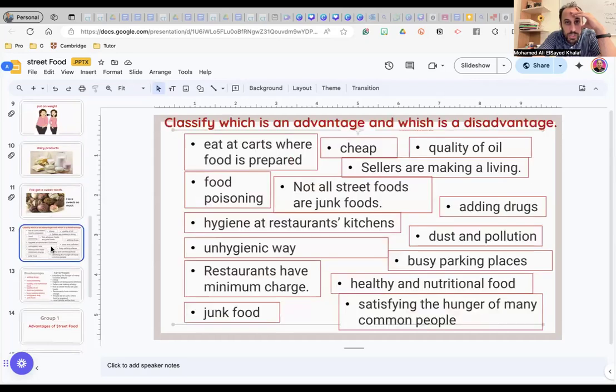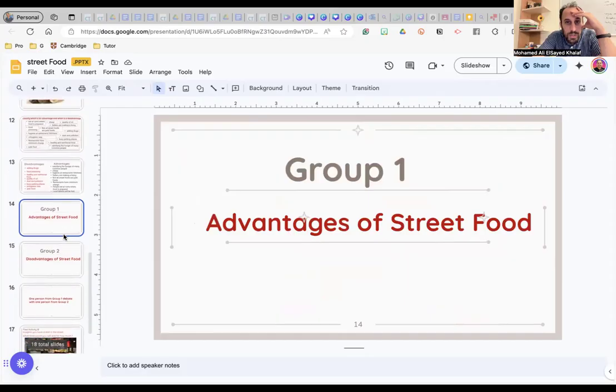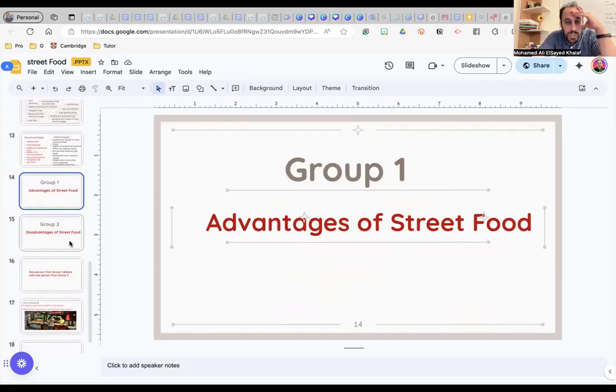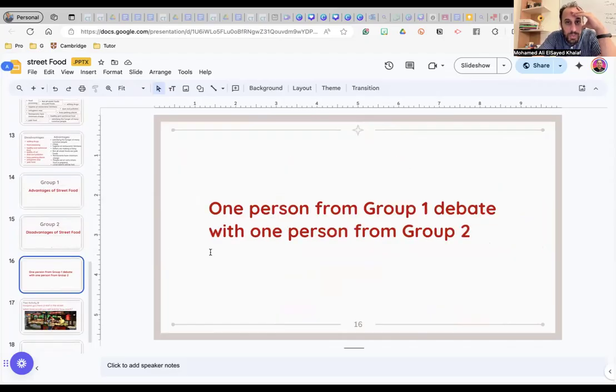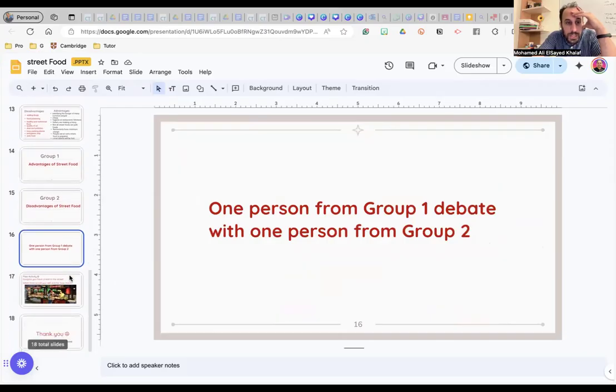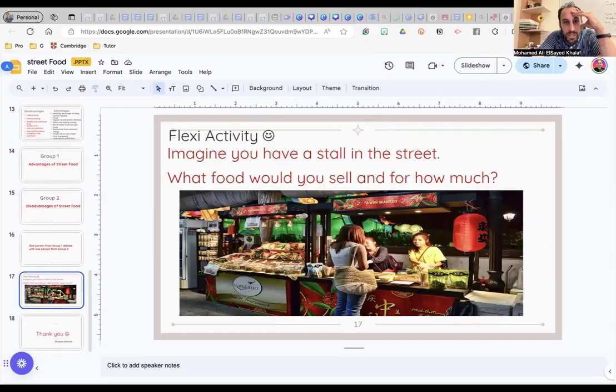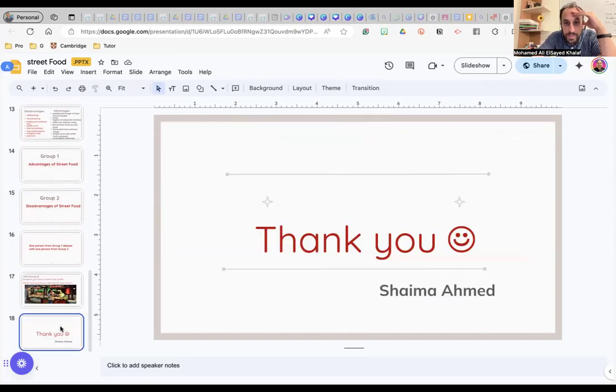Some useful language. So they were talking about the advantages of street food and the disadvantages of street food. One person from group one. Okay. Imagine you have a stall in the street. That's the flexi activity.